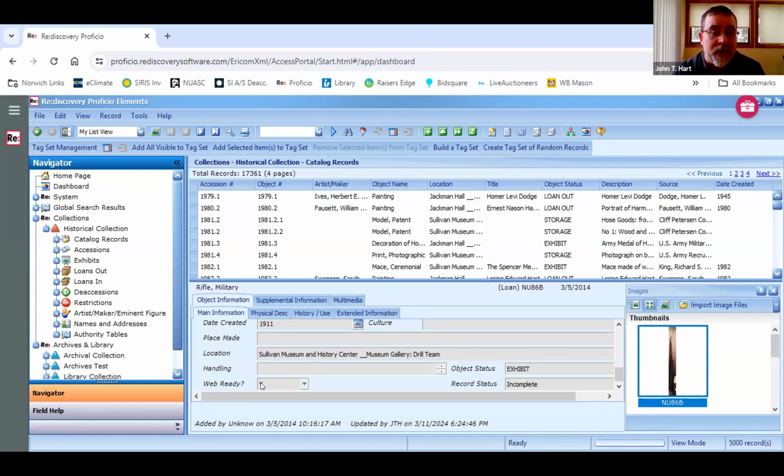As it stands right now, we have just a little over 20,000 objects in the collection. And we have set up everything that has a photograph to be available to researchers. We're still working on a significant backlog of objects, but primarily for us, it was just getting out there what we had. In large part for our students, we direct them to the online portal fairly regularly so that it's easier for them to access the records from their dorm room,